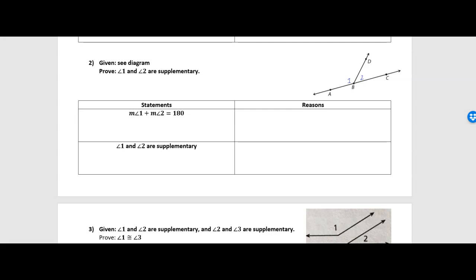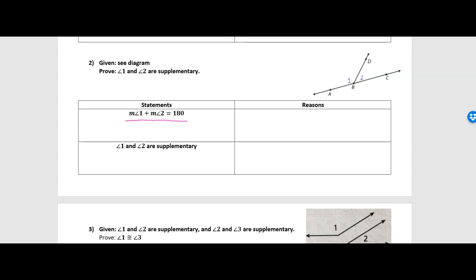Okay, so this time our given, there's nothing written down. It just says see the diagram. So, you know, there's nothing direct that we can put in our statements column that's given. So we're going to have to come up with something else based on what the diagram gives us. The first statement I gave you, it says measurement of angle 1 plus a measurement of angle 2 is equal